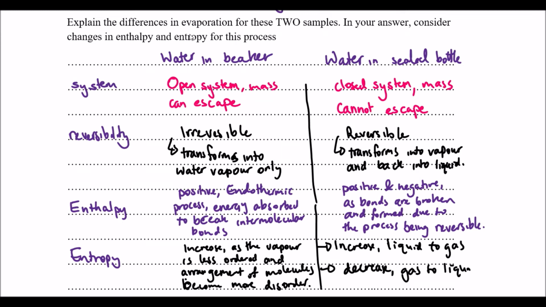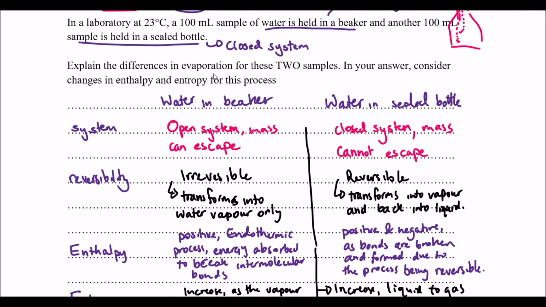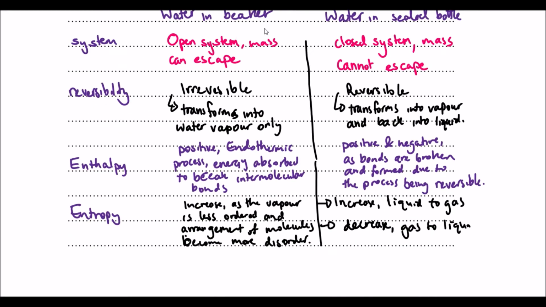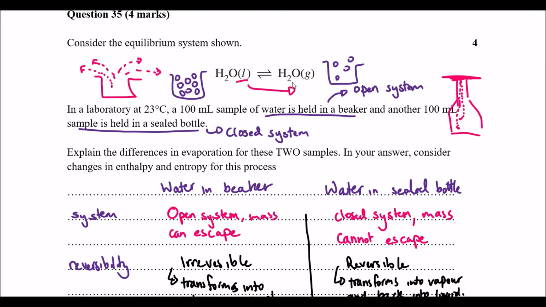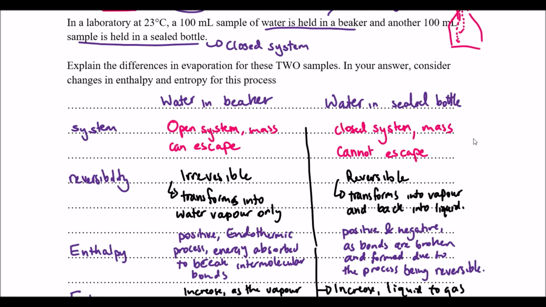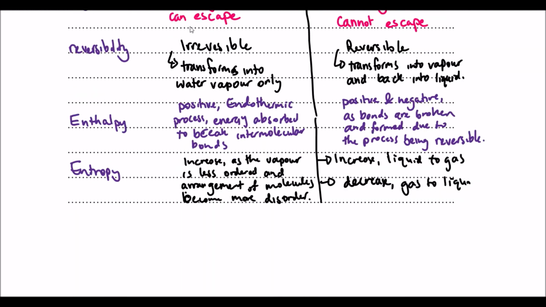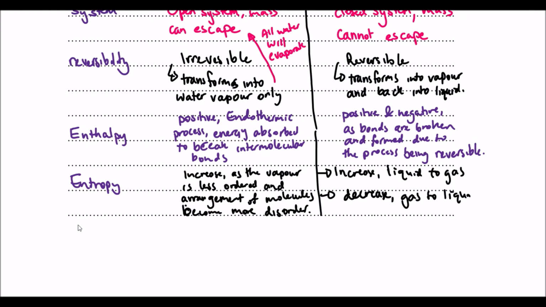So, explain the differences in evaporation for these two processes. I've gone through the two of them. I guess we can just finish off, because it is saying the evaporation process. We can say in the beaker, once evaporation has occurred, there will be no condensation of the water, whilst in the sealed bottle there will be. Okay, so let's finish that up as an ending statement. So let's put it in context. For water in the beaker, we can say according to Le Chatelier's principle, since this is an explain question,